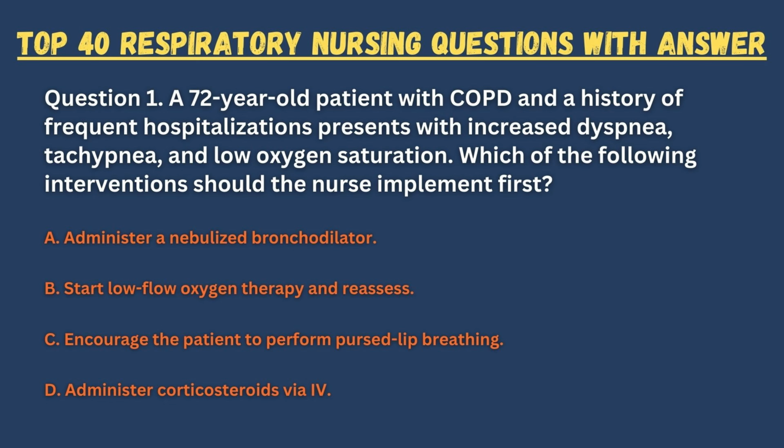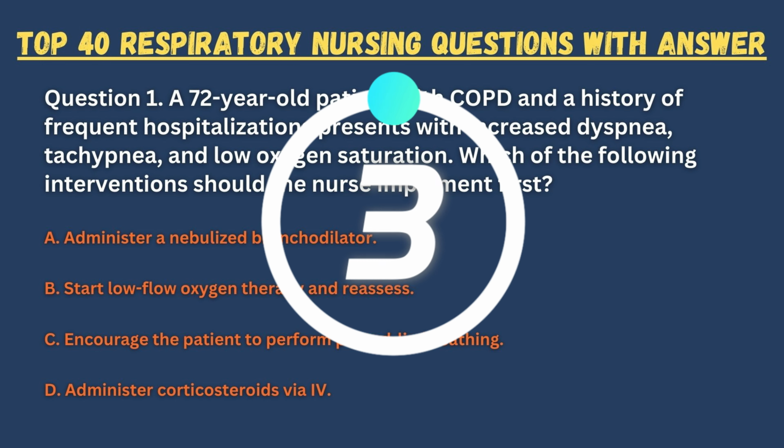Question 1. A 72-year-old patient with COPD and a history of frequent hospitalizations presents with increased dyspnea, tachypnea, and low oxygen saturation. Which of the following interventions should the nurse implement first? A. Administer a nebulized bronchodilator. B. Start low-flow oxygen therapy and reassess. C. Encourage the patient to perform pursed lip breathing. D. Administer corticosteroids via